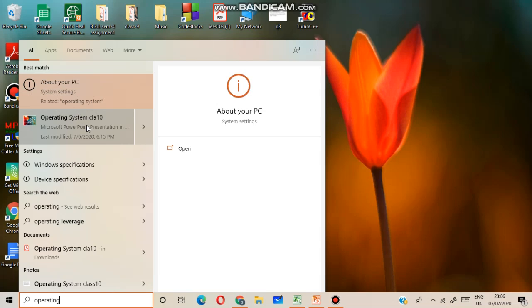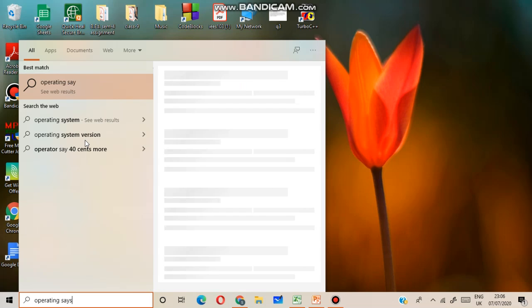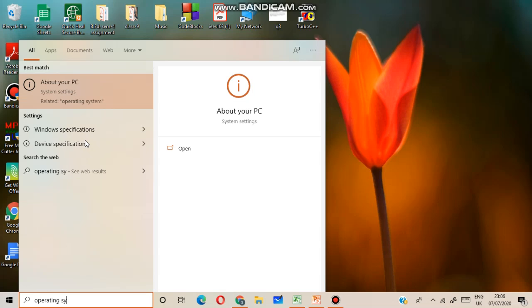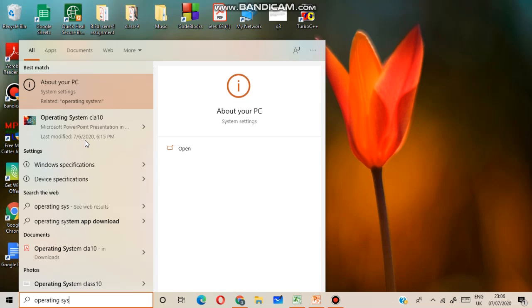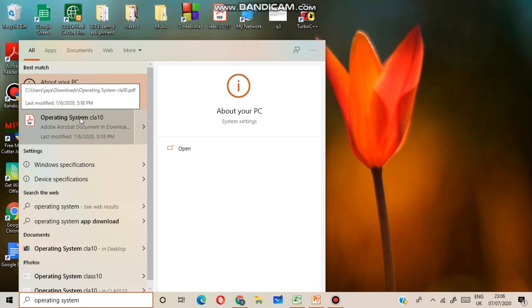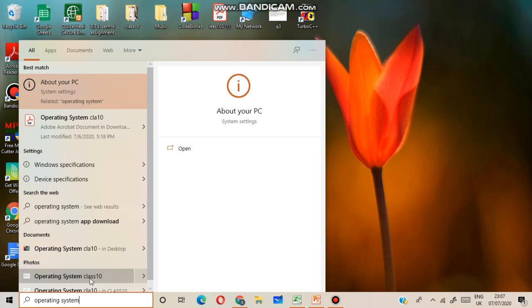I have typed here "operating." After typing "operating," you can type the full name of that particular file, like "system." Same name file.